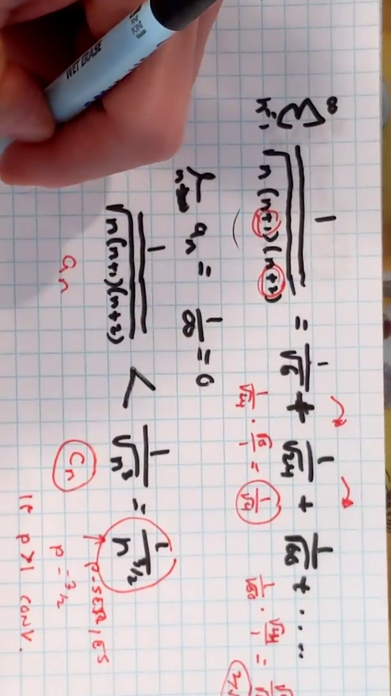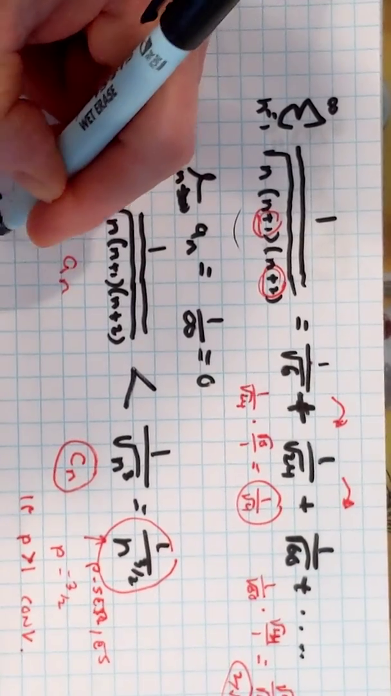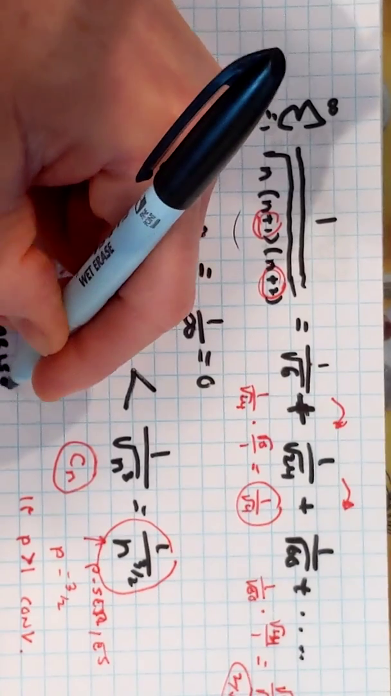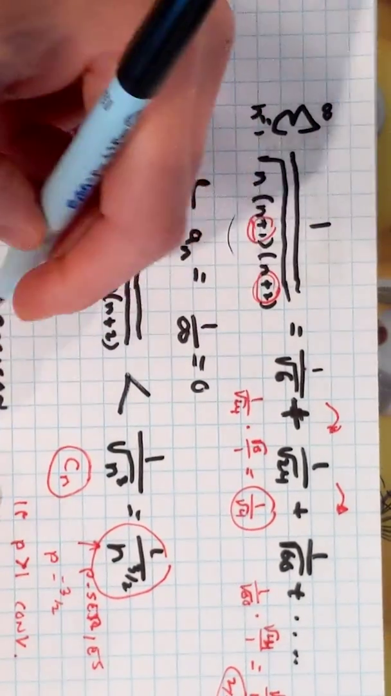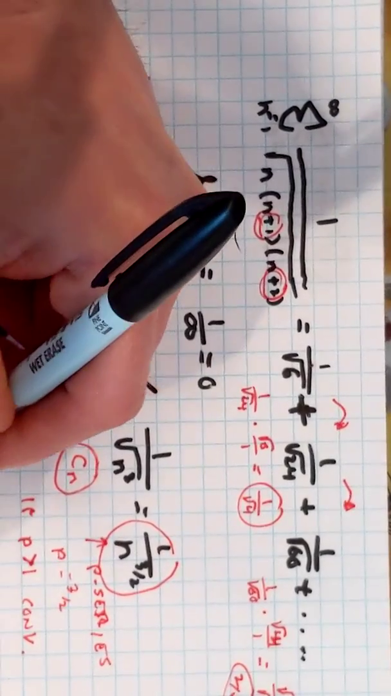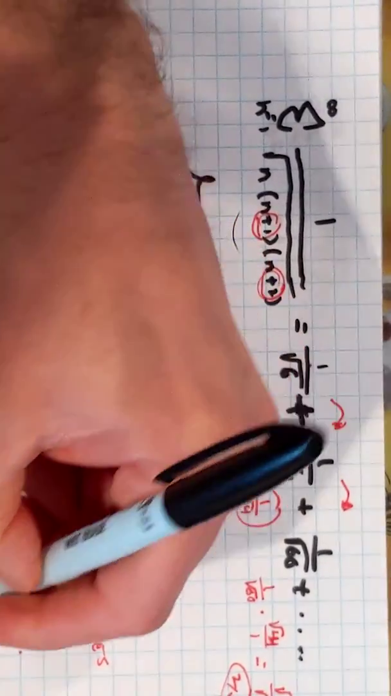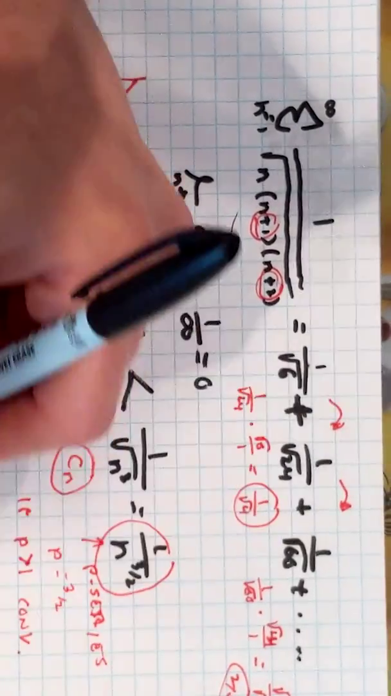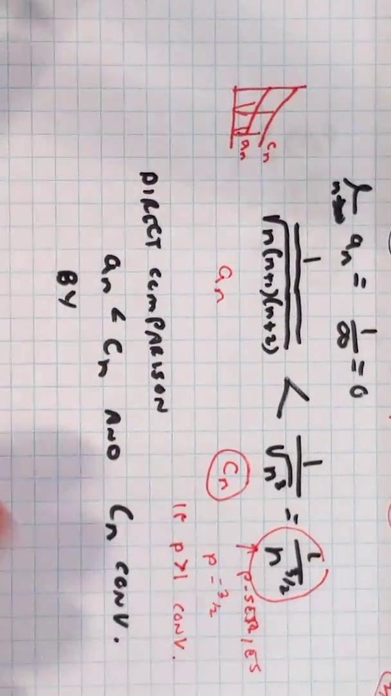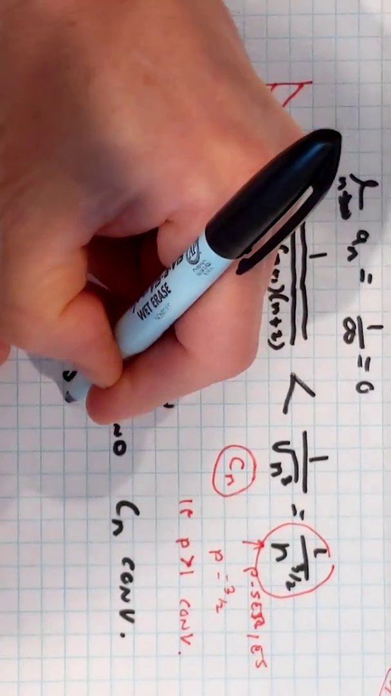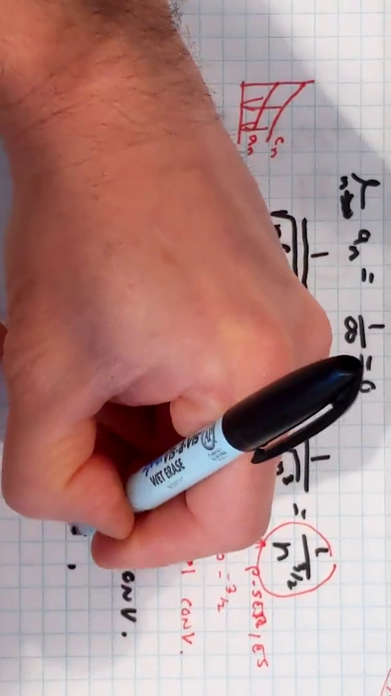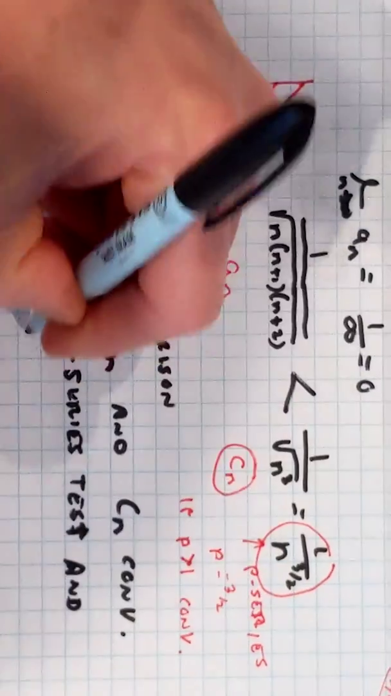So by direct comparison, since I already have my work shown here, I can say that the a sub n is less than Cn, and Cn converges by p-series test. And therefore